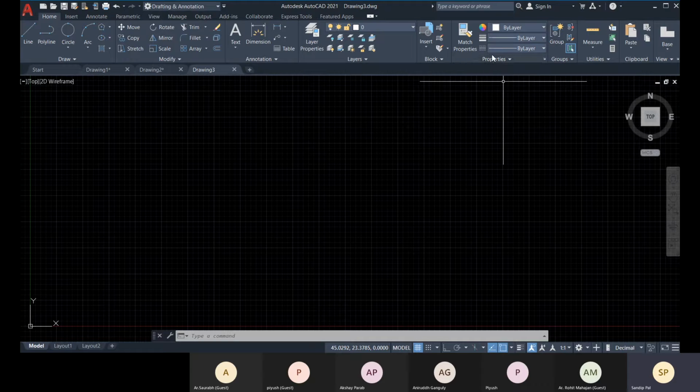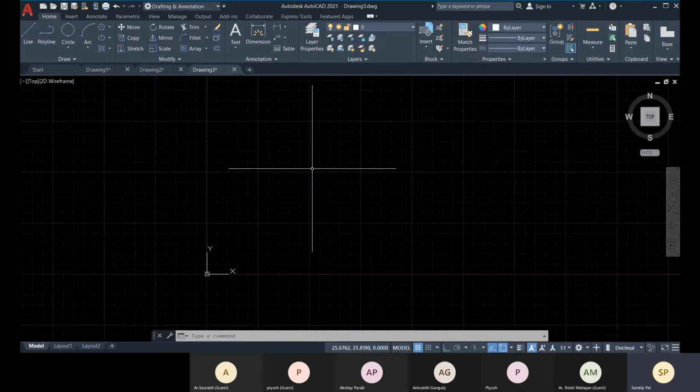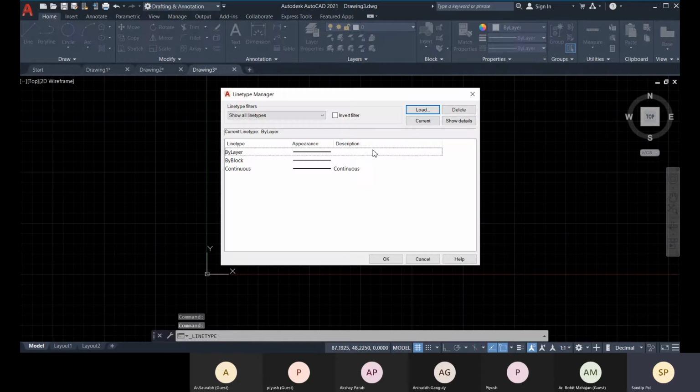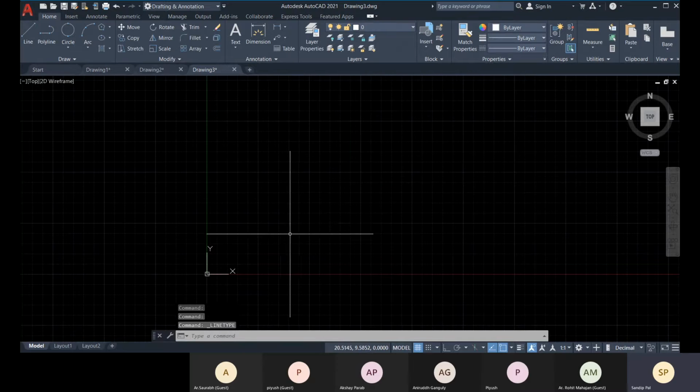So while you are saving it, make sure you write down the names of your line types, so that when you import to another file, you remember and load these from your properties palette, and then you will get all those. Okay,